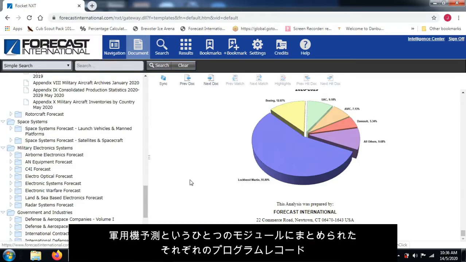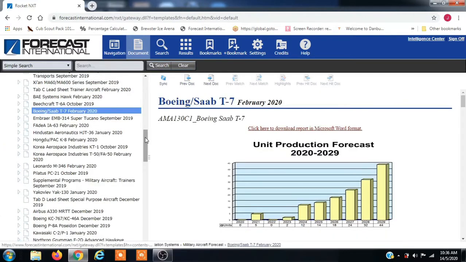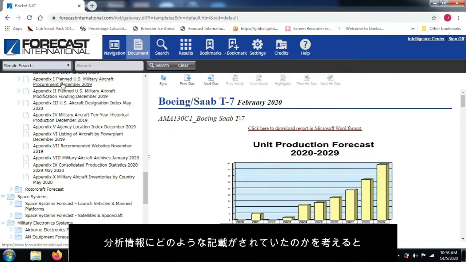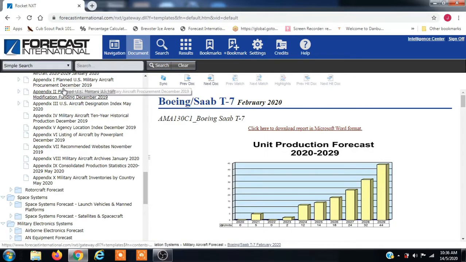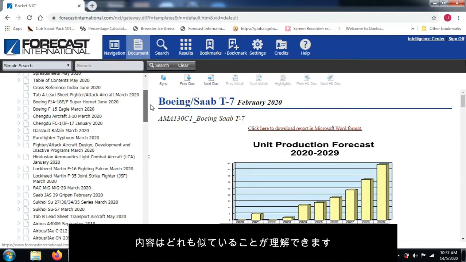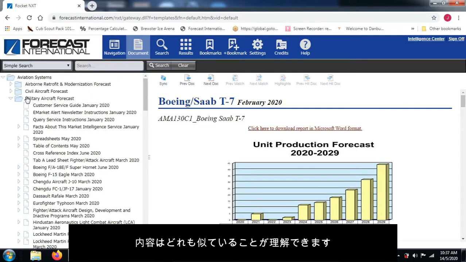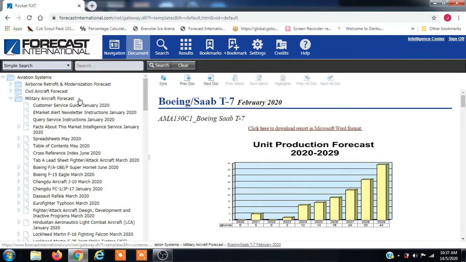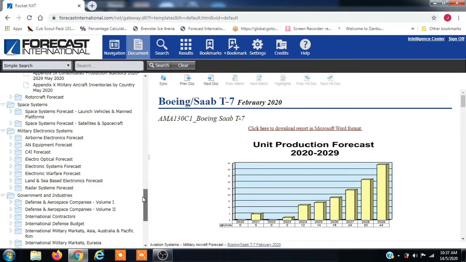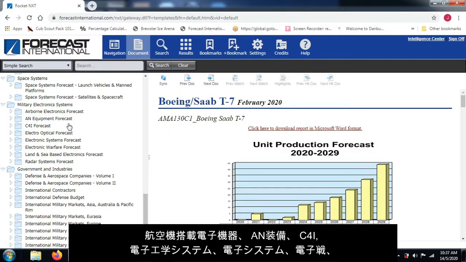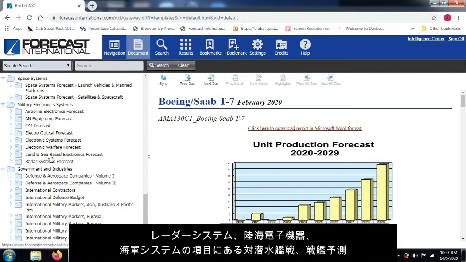Now, considering what was included in each of these program reports and what we saw in the appendices and the analyses, all of which is included in this one online intelligence module called Military Aircraft Forecast, we can take a look and we understand that the content is similar for airborne electronics, AN equipment, C4I, electro-optical systems, electronic systems, electronic warfare, radar systems, land and sea-based electronics,